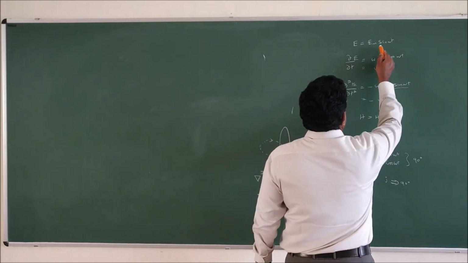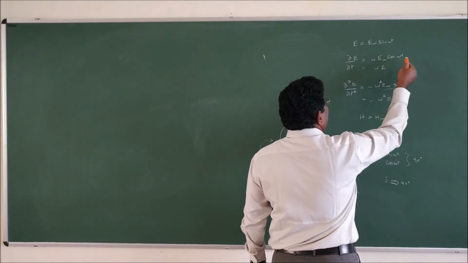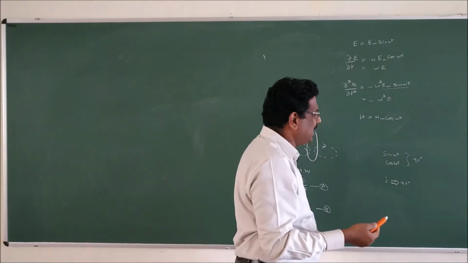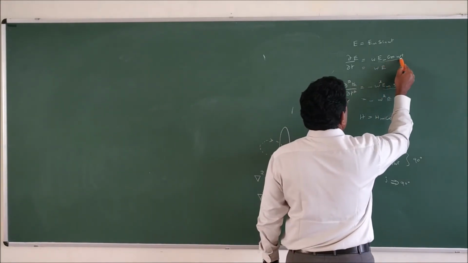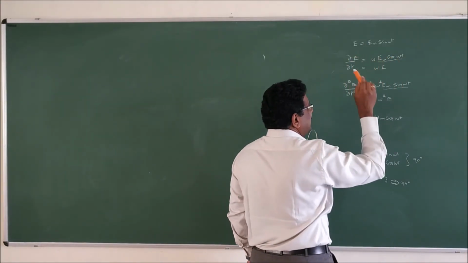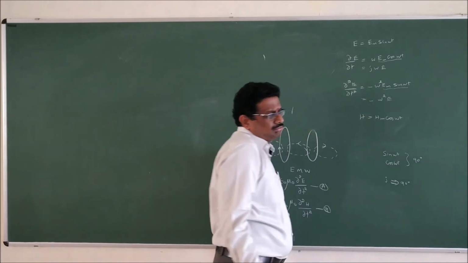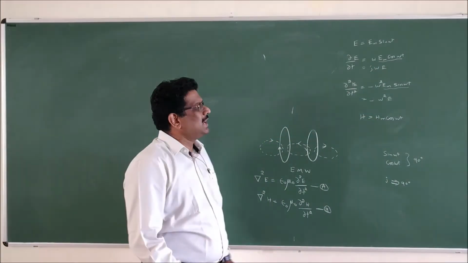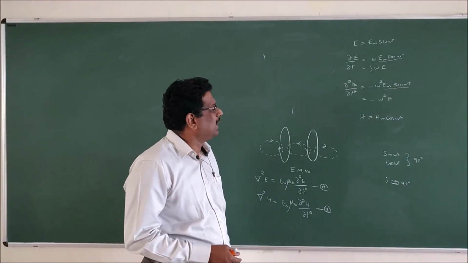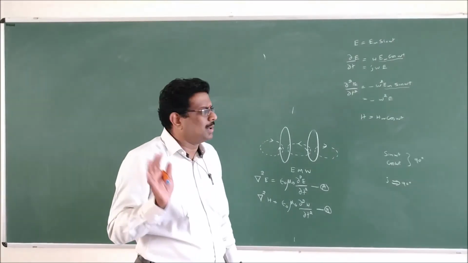Then, sir, there is not much difference between sin and cos. It is just a matter of 90 degrees. So if I write this as e to the power of something, there is a 90 degree shift. Can I put j? That's all. So what does the j indicate? It is a phase difference of 90 degrees.